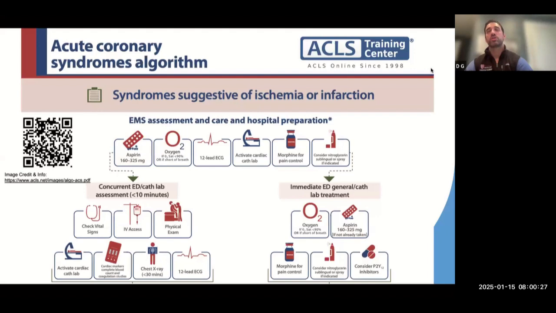Yeah, that's a great question. So what would kind of trigger you is an inferior STEMI. So if you're seeing leads 2, 3, and aVF with ST elevations. But the other thing to be careful of is in your septal leads, so V1 through 3. If you have deep ST depressions, that can be a posterior MI. It's basically an upside down posterior MI. And so if you have an inferior STEMI,